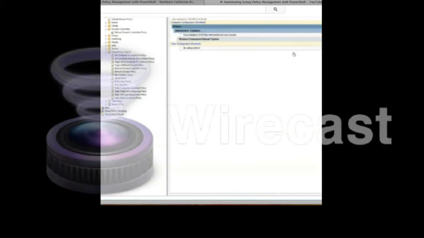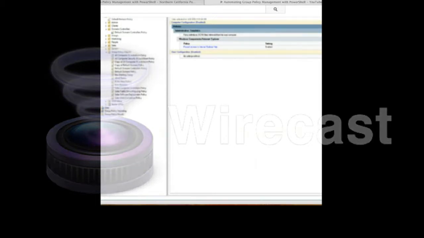So where did I get that from? Well, I had to go into the ADMX file for IE and search that out. So the commandlet doesn't do the parsing for me. The commandlet is expecting a registry path. So this is work that you have to do if you want to use this commandlet to modify admin template